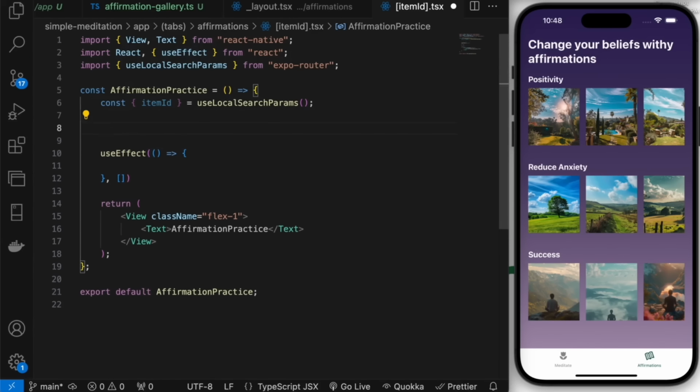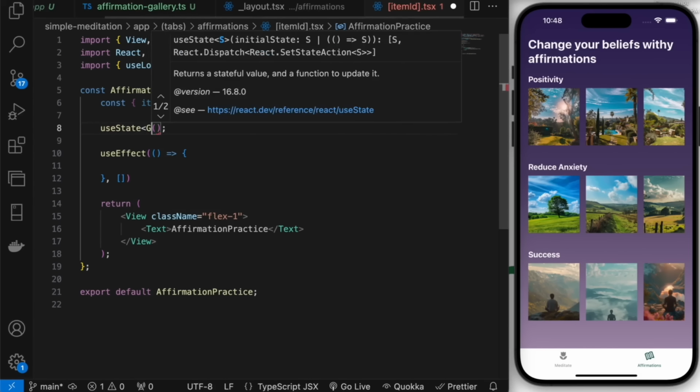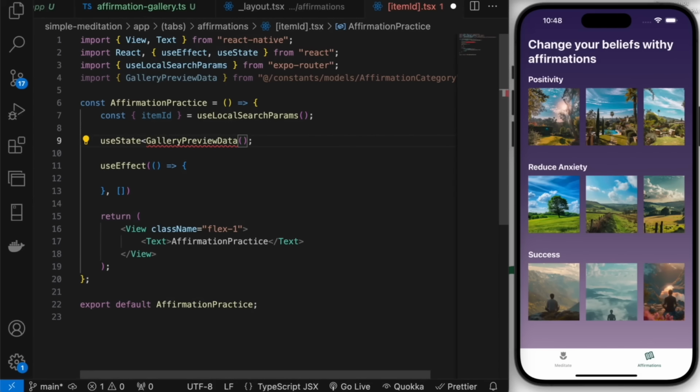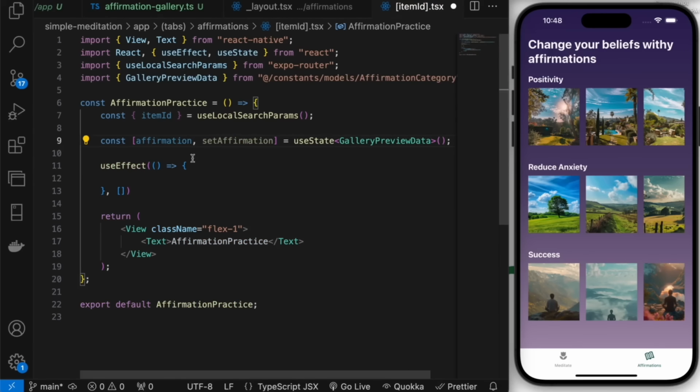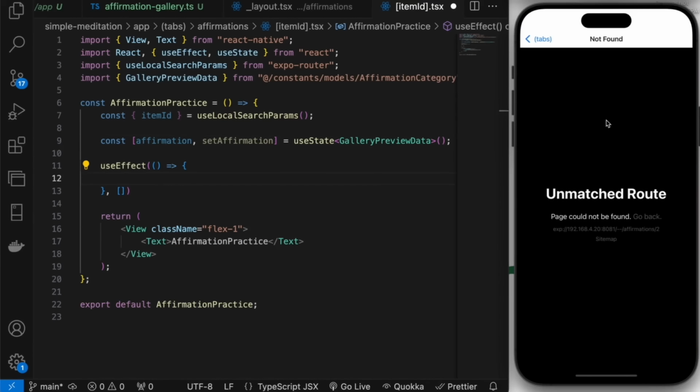And we'll specify our state. So we can say useState. Let's import that from React. And this will be gallery preview data. So we'll specify this to be affirmation to use and setAffirmation. Got that. Now to determine which affirmation we want to display when a user clicks on one of the previews,